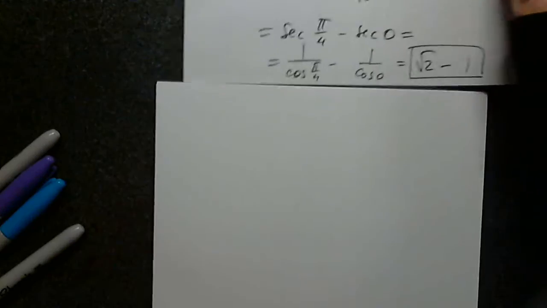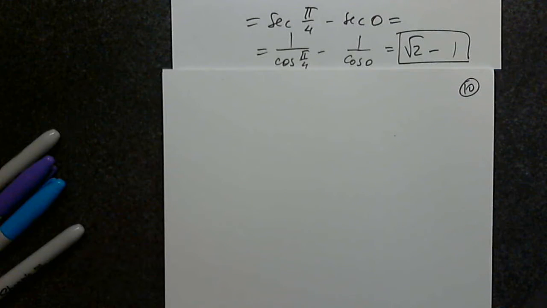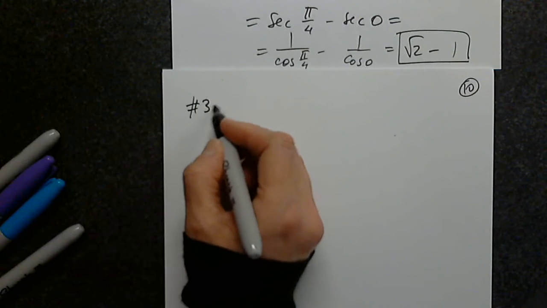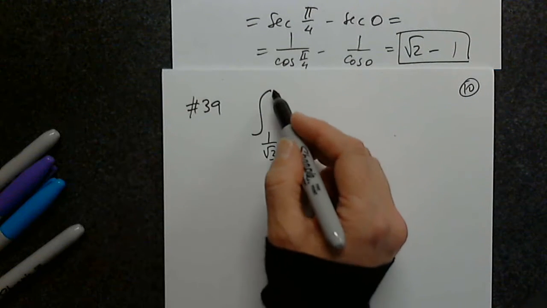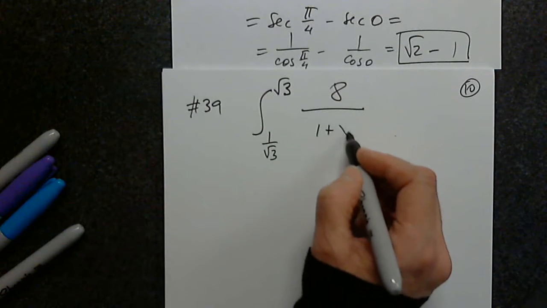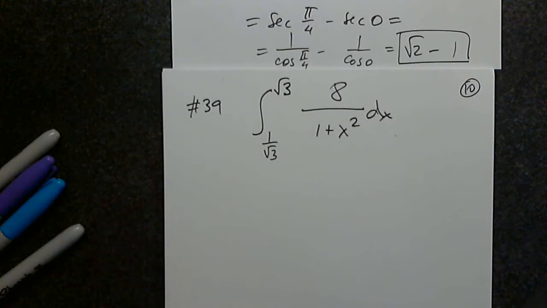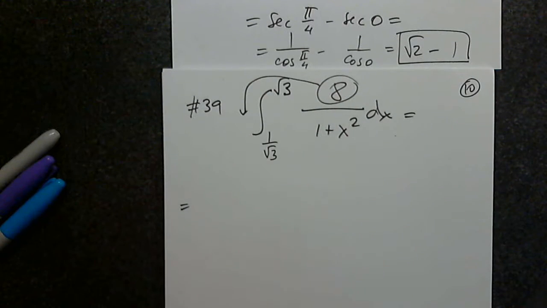So now we know how to determine areas on the graphs of functions. So 39. The integral from 1 over the square root of 3 to the square root of 3 of 8 over 1 plus x squared dx. First of all, like before, this is a constant. I don't care for it. Like with limits, like with the summation notation, it's a constant. It can wait outside